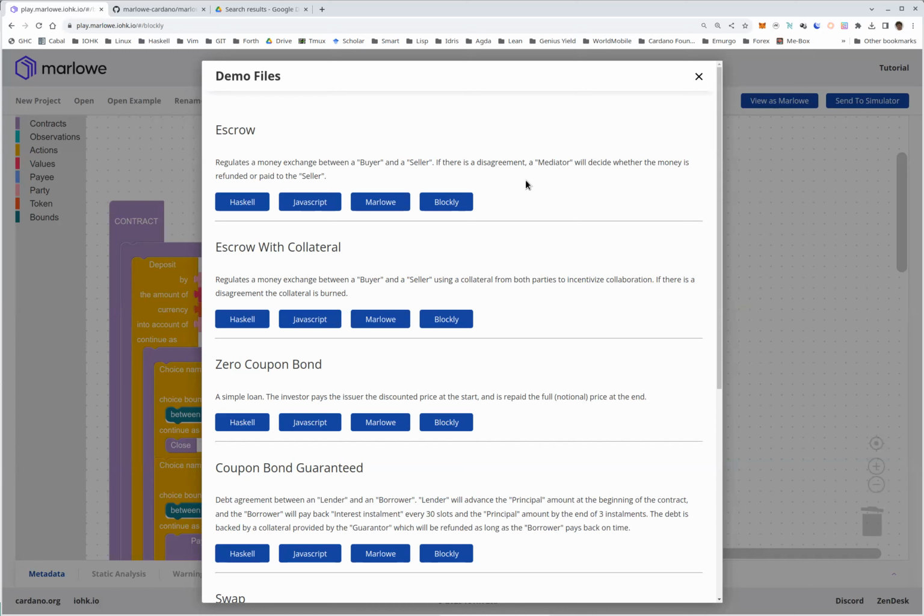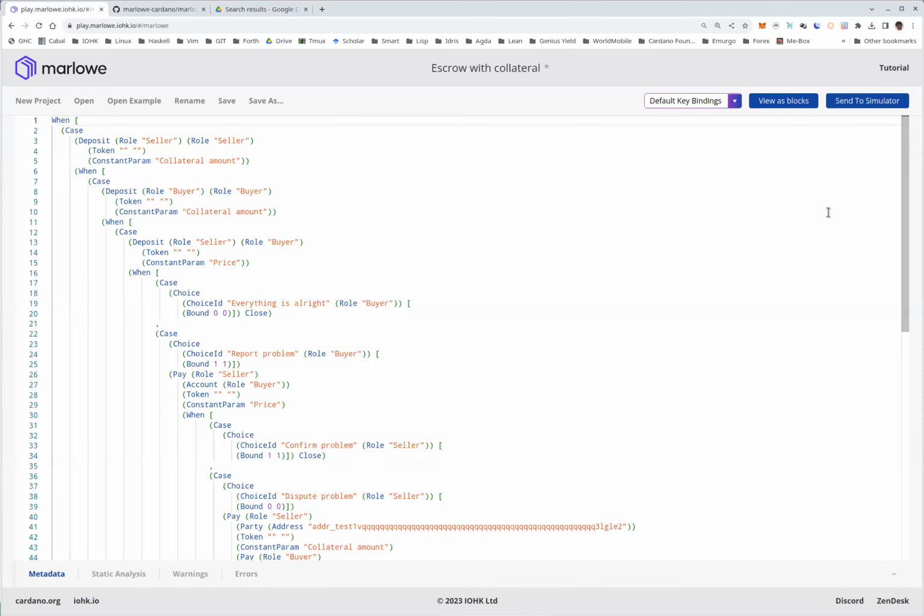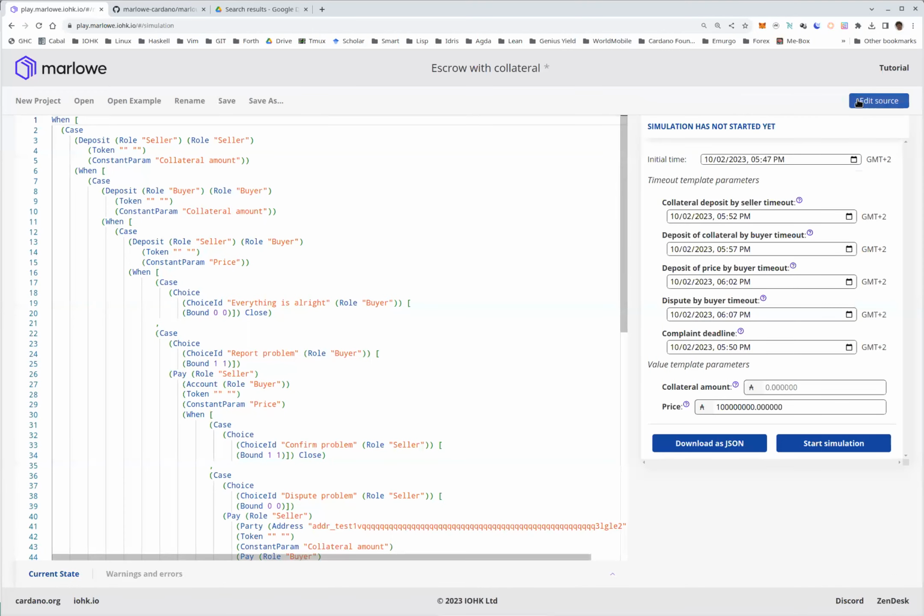The worst case, he loses the mediation, but if he's lucky and the mediator doesn't decide, or if the seller is on vacation and doesn't check, then the buyer, when he complains, gets the money back. So somehow it's a bit unfair. The buyer has an advantage, and is incentivized to always complain. And so they have this other example here,